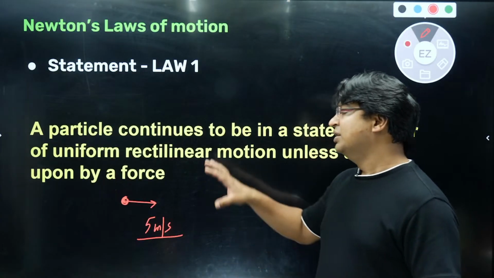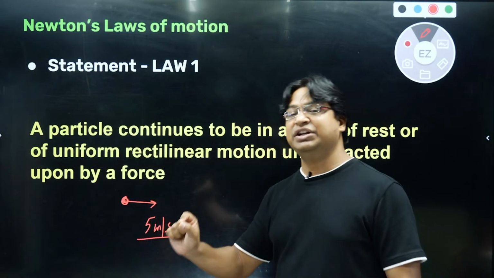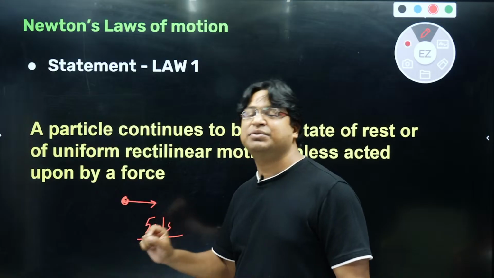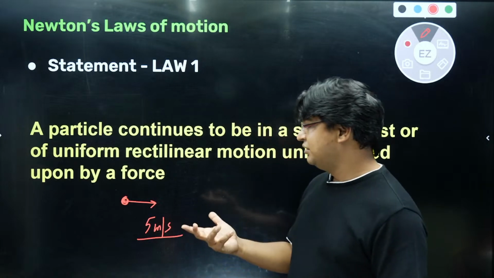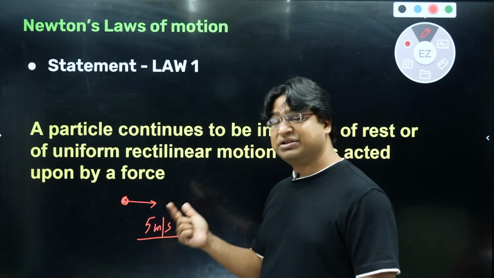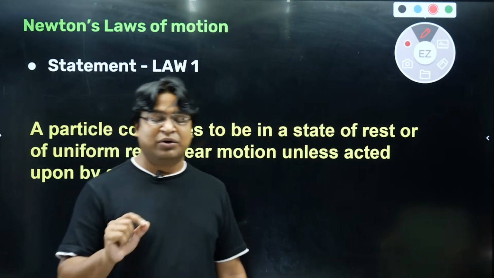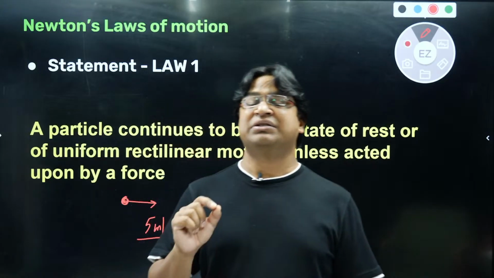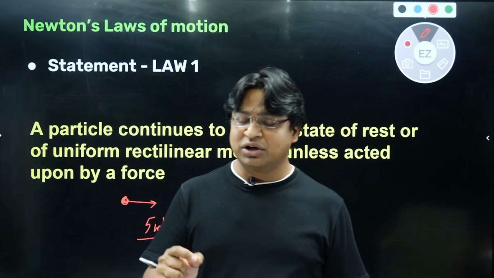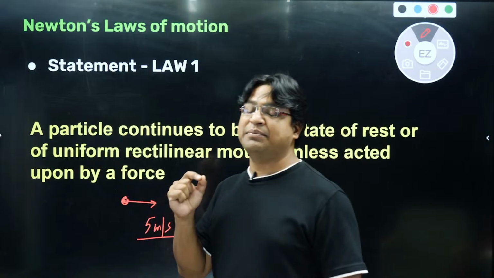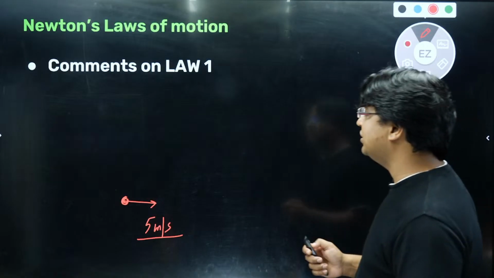So essentially this statement tells us that whenever we are trying to produce acceleration, we need force. For example, if a particle is at rest and we are trying to bring it in motion, we need force for that. If a particle is traveling in a straight line with a constant speed and we need to change the speed, we need force. If we need to change the direction, we need force. So whenever we are trying to bring acceleration in the particle, we need force. This statement tells us about the role of force. It gives us a qualitative description of what force can do. Force can produce acceleration is what we learned from this statement, but there are a lot of other things to be learned. Let's have a look at those.